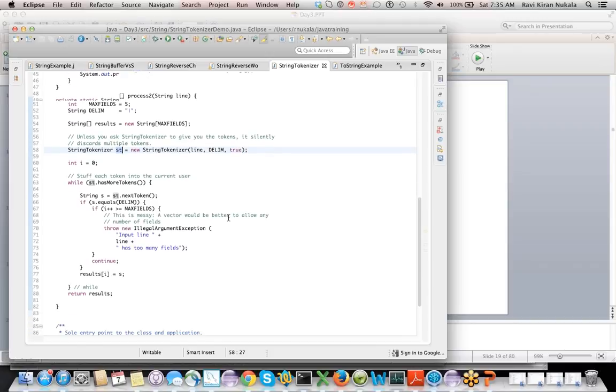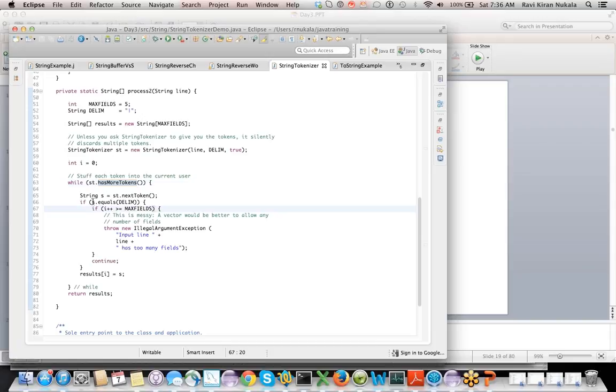Once you have 4 tokens, what are you going to do? hasMoreTokens controls the length of the loop, how many times this loop needs to be executed. Think about it like an array separated out by a character that you want. It is a big string, and you can separate it out by a character that you want.